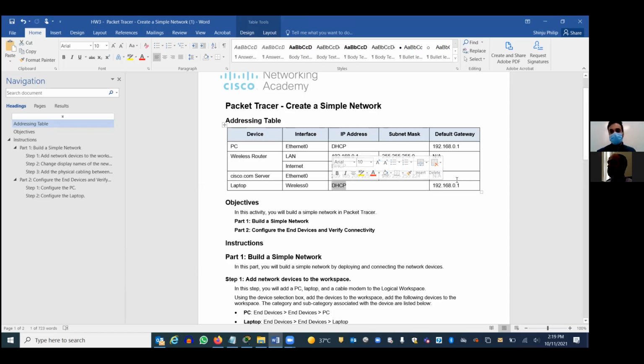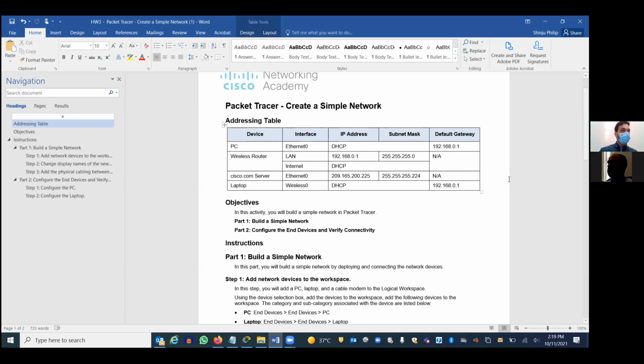Okay. So what is the gateway? Like I mentioned, the gateway is the IP address of your router. So what is the IP address here? The wireless router is 192.168.0.1. For the clients, the desktop and the laptop are clients, right? The client should have the gateway specified. Otherwise, we cannot communicate with each other. So what is the gateway here? The gateway is the IP address of your router, right? So we are specifying the gateway to the clients. I'll show you how to do that.